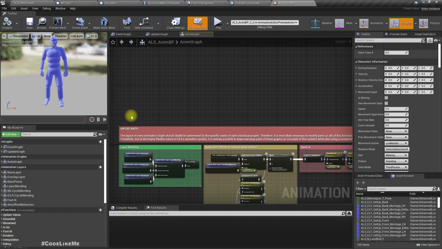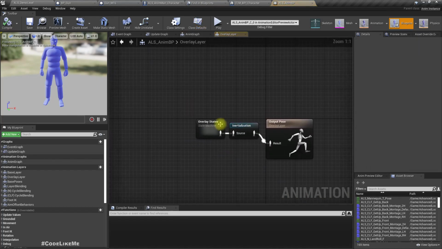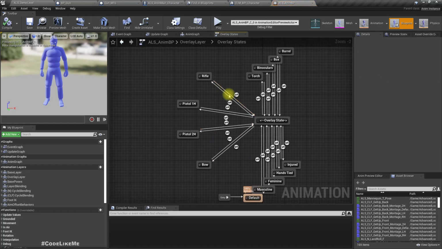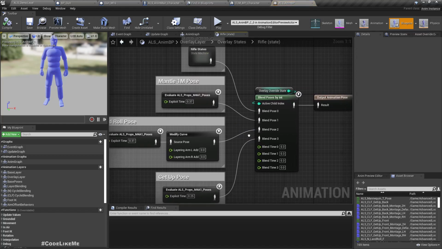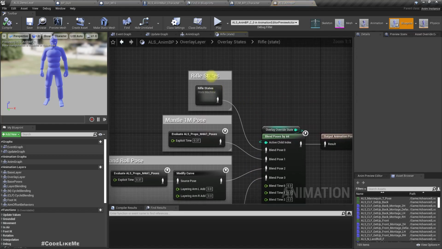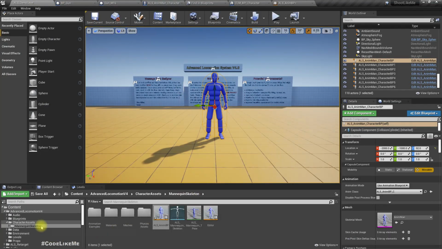So if I go to this overlay layer, rifle, this is the part that will be activated when we have the rifle, but first let me go to the